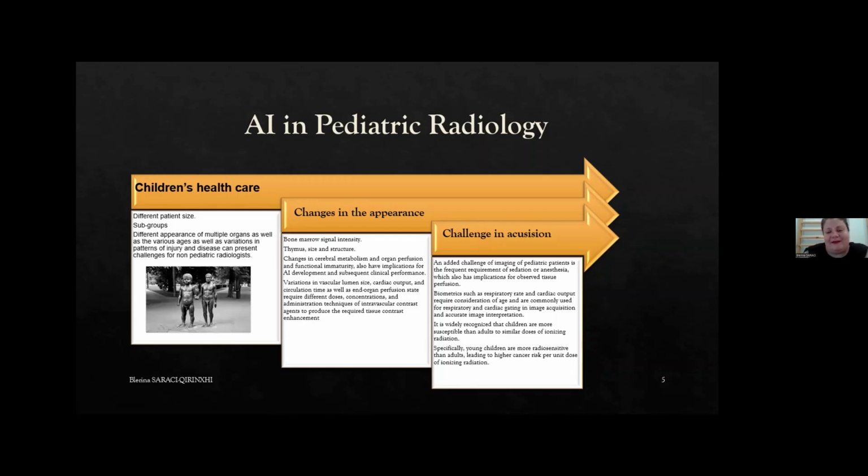Here is a photo that I took myself in Tartu at one of the meetings there, a meeting about pediatric radiology. And I really love this photo. In this photo there is a young boy and an older man together in the same world of health, but with a lot of differences in their bodies. So this is the icon that best presents what I'm saying until now about challenges in pediatric patients, but with the same necessities that adults have.